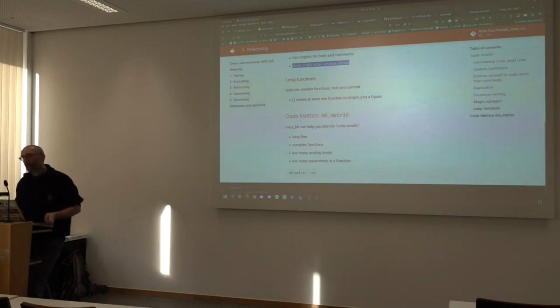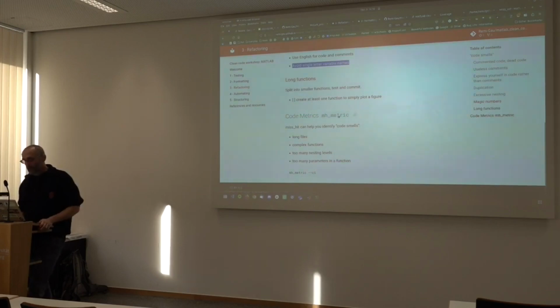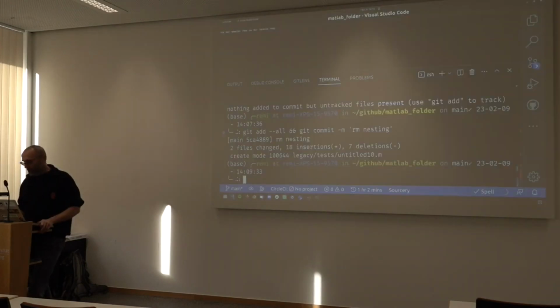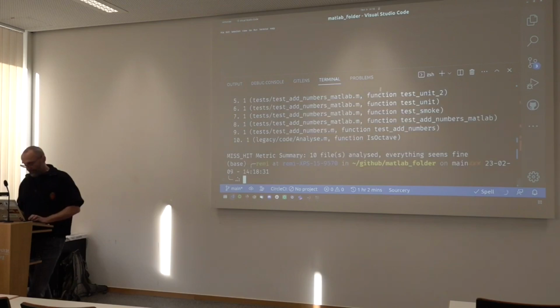Okay, so this is all fine, but sometimes you don't even know where to start. Let's say you have 5,000 lines of code. Where do I start refactoring? This is usually where MISS_HIT can also be used. There is a part of MISS_HIT called metric, where it will give you a whole bunch of statistics on your code. So I think if we just run mh metric,